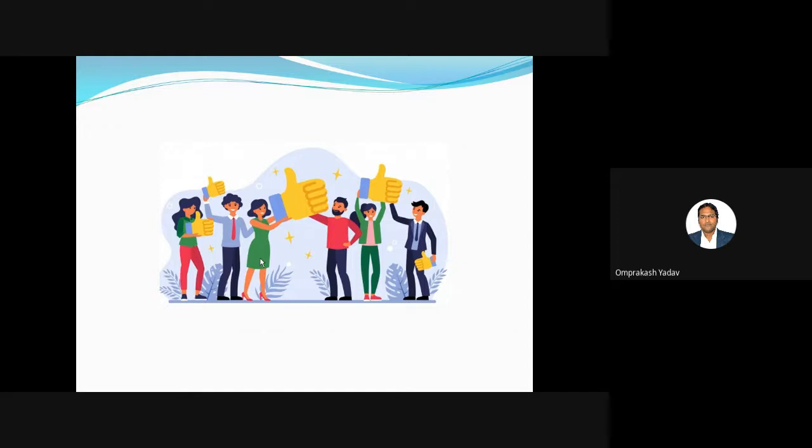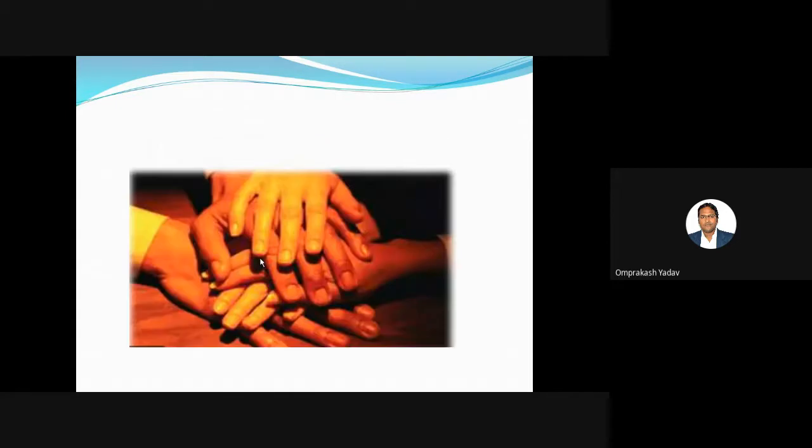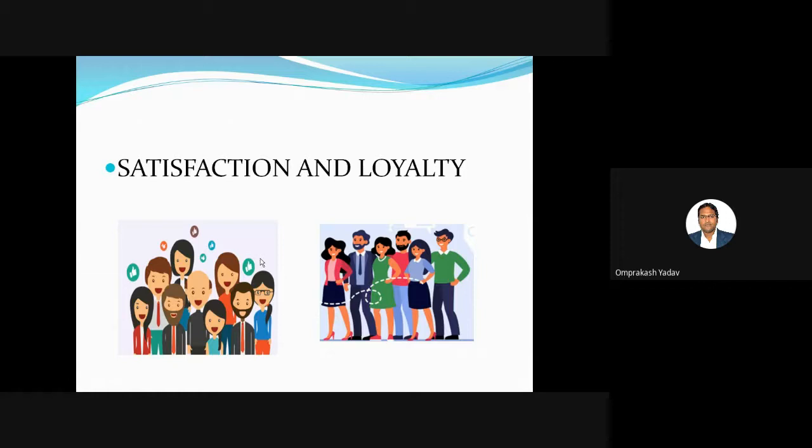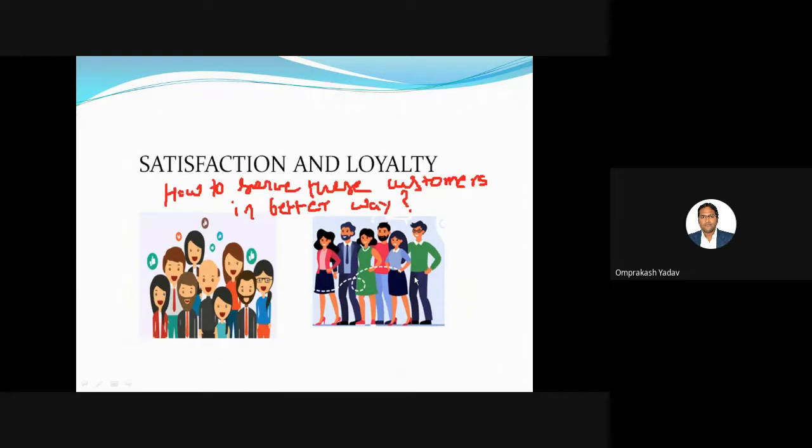Initially, I will try to make two groups from that entire population. Let's say I'm considering 1000 samples of customers. From the 1000, I'm dividing into two groups. One is your satisfied customers, the second is loyal customers. One is based on satisfaction, and the second is based on loyalty, based on our trust. So I have two groups, one based on the satisfaction and the second based on the loyalty. Now after this, what?